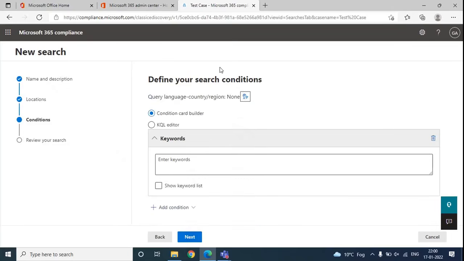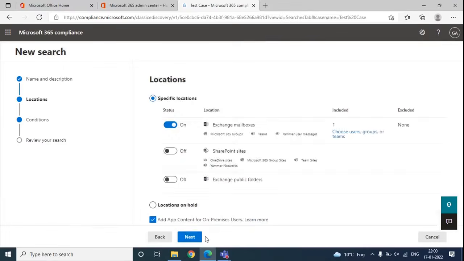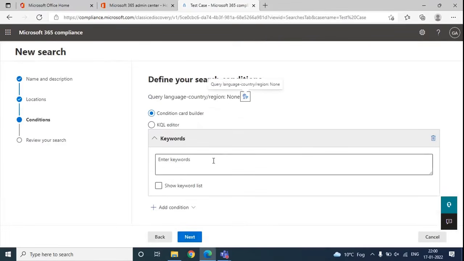On the next screen, eDiscovery will ask you to add certain keywords or conditions. It depends on your requirement. If you want to run a default search that will include everything within this particular mailbox, or let's say you want to run a search on the basis of keywords or conditions. For example, if you want to run a search for a particular keyword, let's say if the word security is mentioned within the emails or calendar items or contacts of a mailbox, only these items will be retrieved within the eDiscovery search. You can add multiple keywords as well,